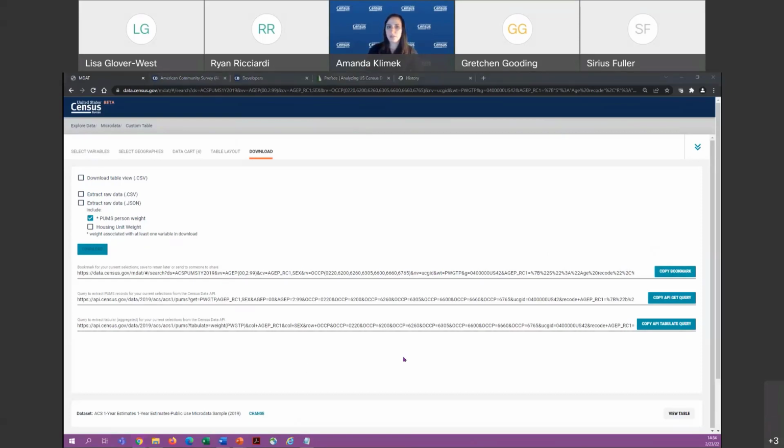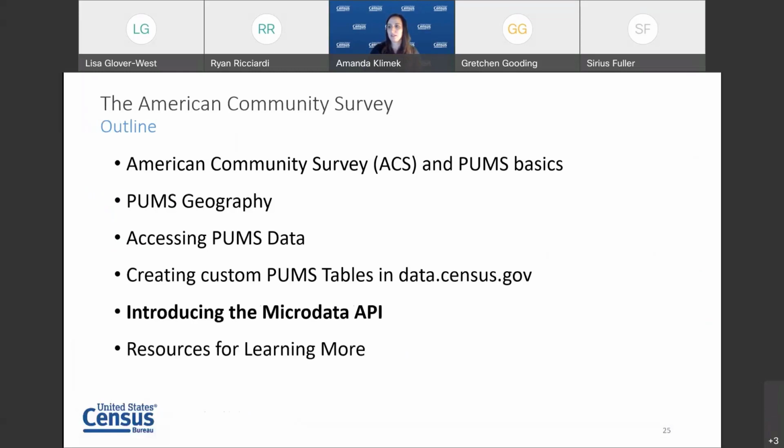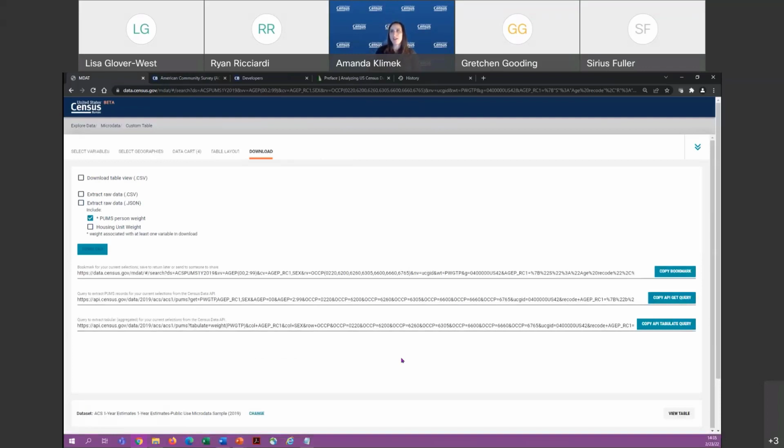But now I want to take a moment to show you. We're going to go over quickly the microdata API. So this is kind of a cool thing that is fairly new to our ACS group of tools. It is the microdata API. If you're not yet familiar with the API, it's just a really great way to be able to quickly access data basically straight from our servers. So it's a great way to be able to consistently access our data based on the years, data sets, variables you need. So we're going to quickly take a look at that.